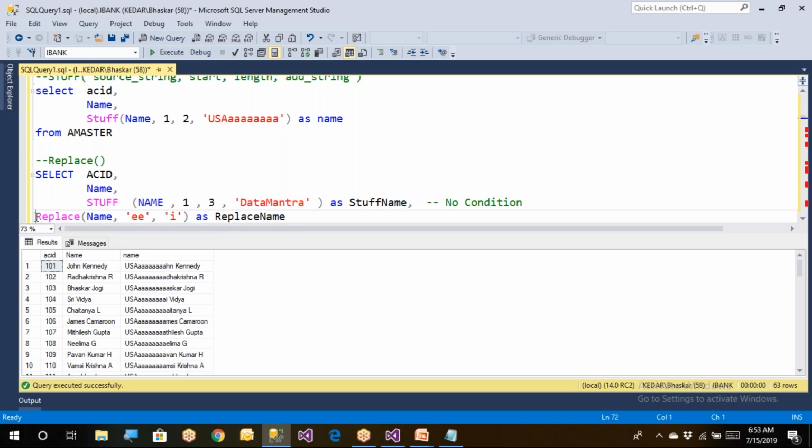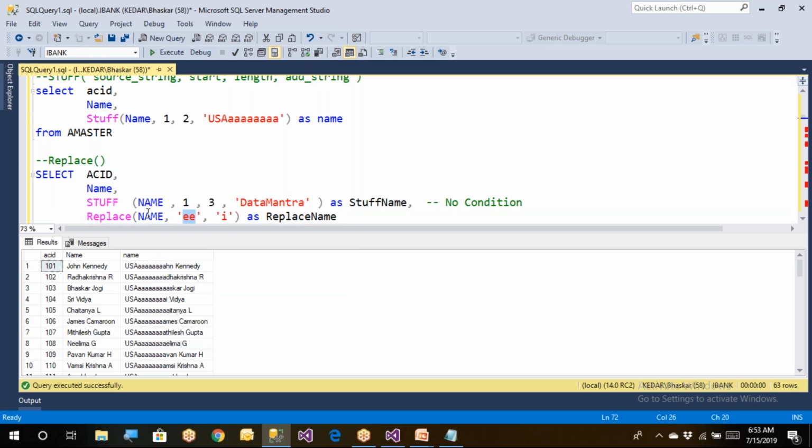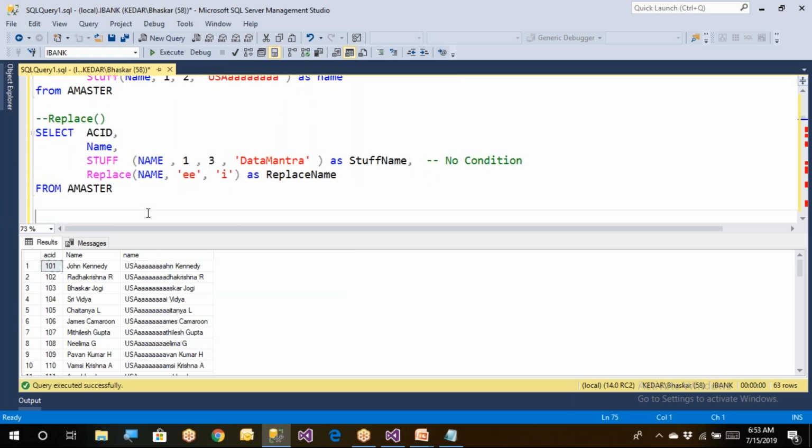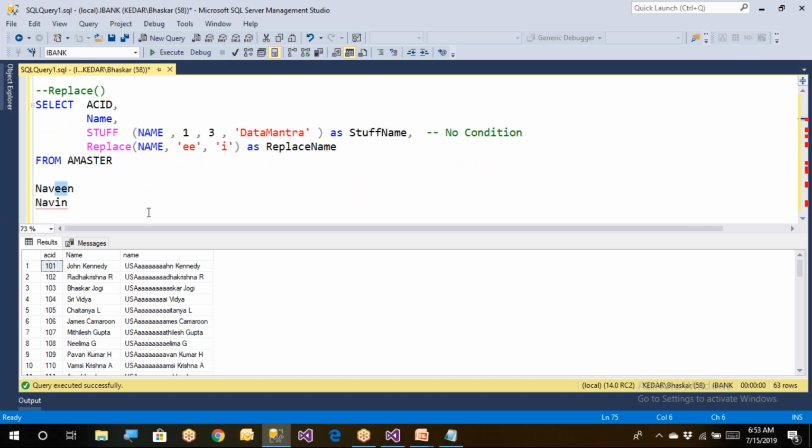But what the replace function does is, it is going to be reading the name. If it is having E, in place of E, you replace I. For example, I have Naveen, right? So I wanted to have Navin. So what is the meaning? Instead of E, so that means if you have double E available, then only you replace with I, otherwise not. So this is conditional based. What is the condition? The condition is,